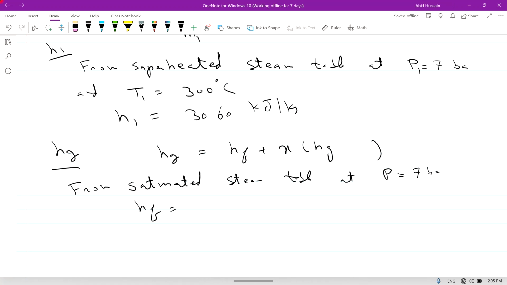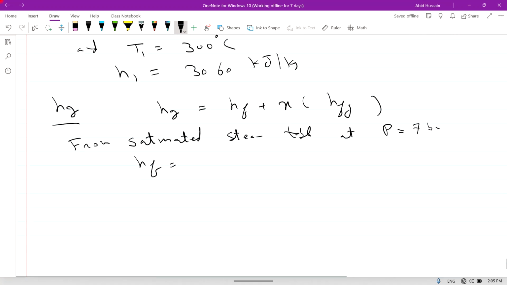We can write hg minus hf as hfg. hfg means the difference of hg and hf. So hf is equal to 697 kilojoule per kg